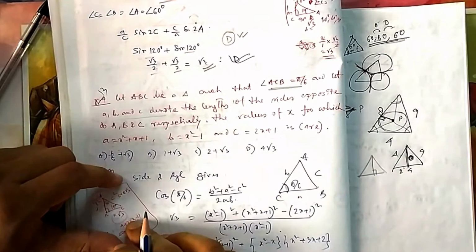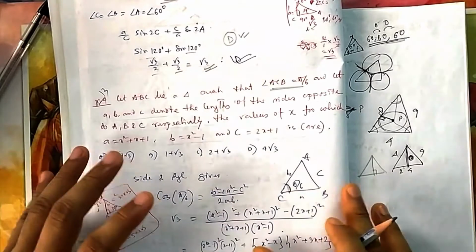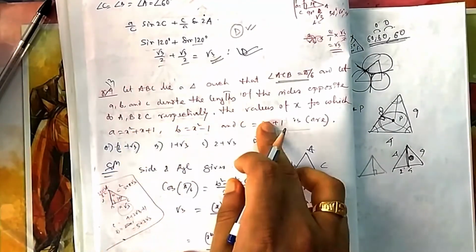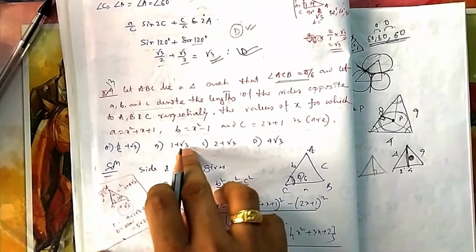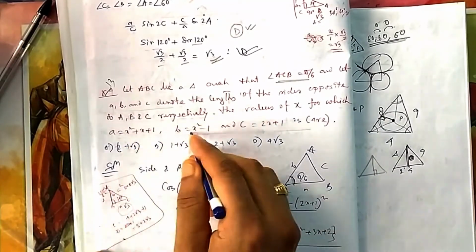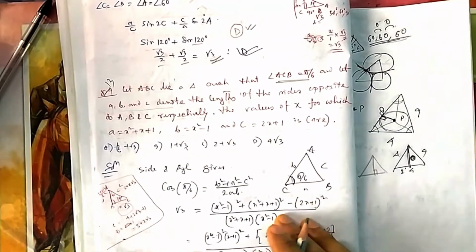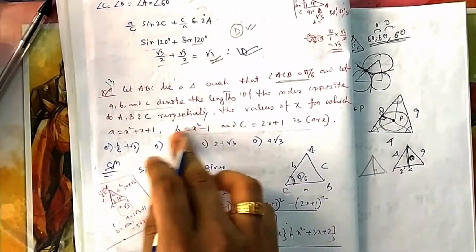So you can try the general approach, but the general approach will be lengthy here because you have to put lots of values. First you have to put, then you have to find all three values, then you have to check. If it is not, then try the next one. With every option you have to do 3 calculations and then the final calculation here also. So that will take some time. So better you go by this.